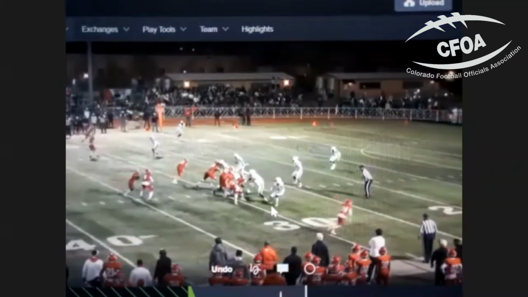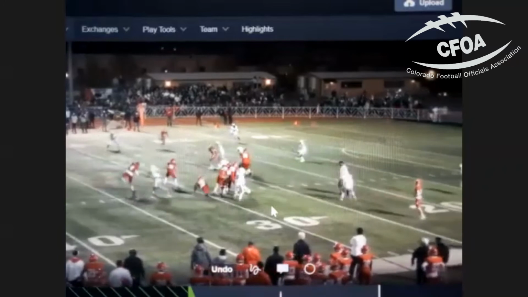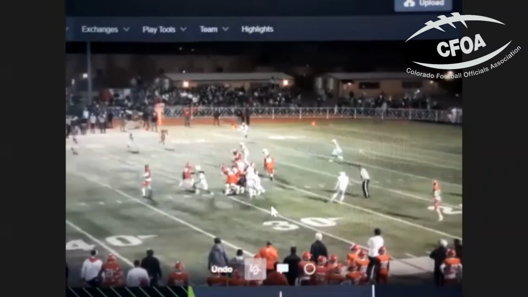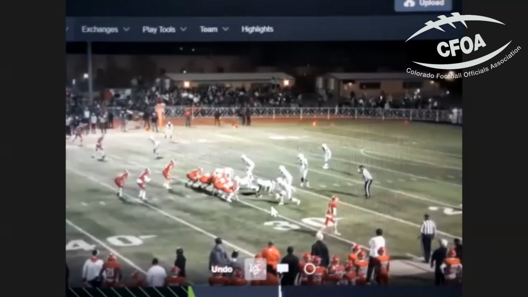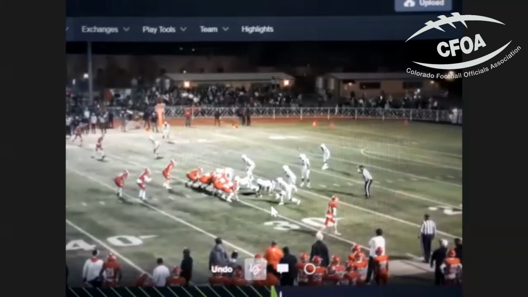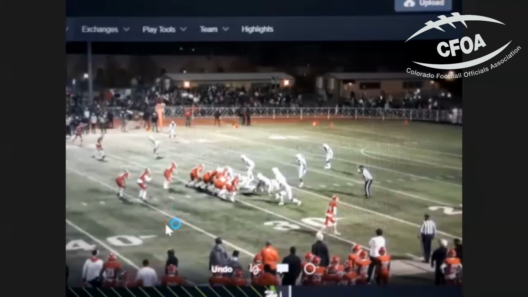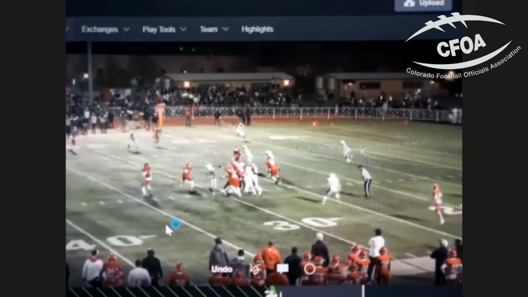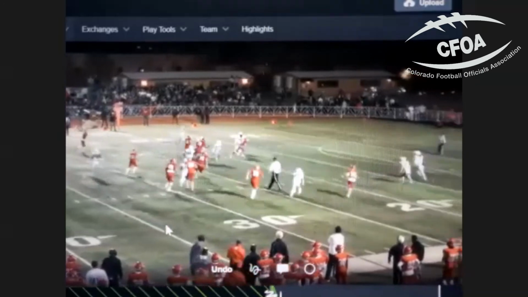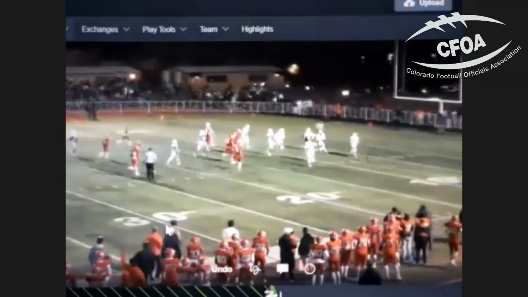I think this is the one that was a drifter. This was last year. This kid was a freshman last year, so he just took off. I think he's about right in here. And it's bad because it goes for a touchdown.